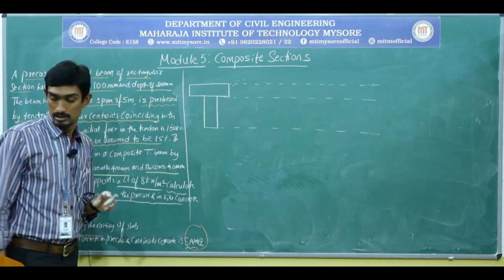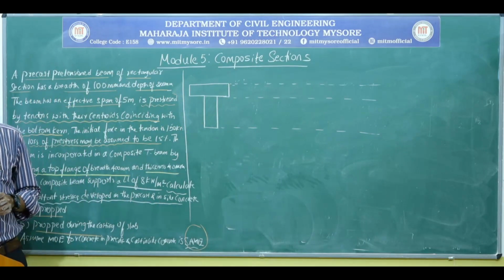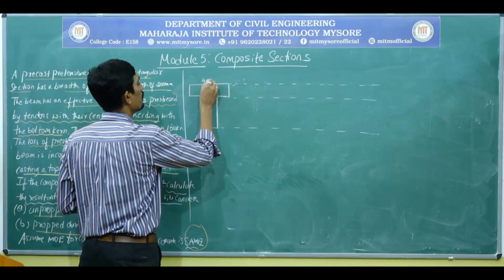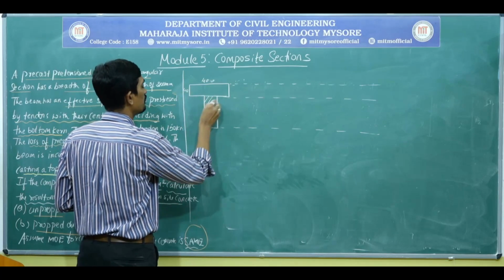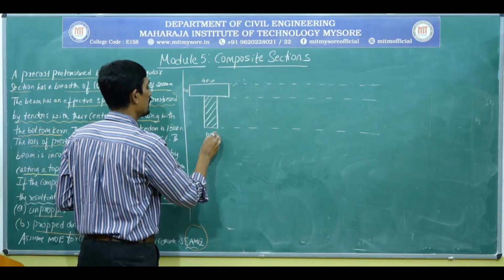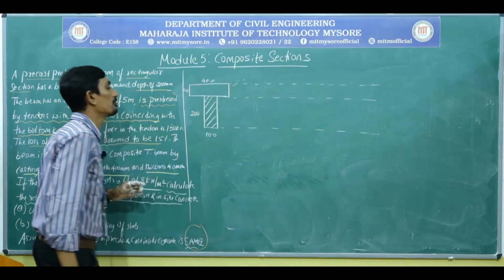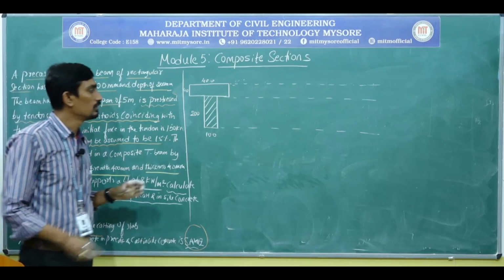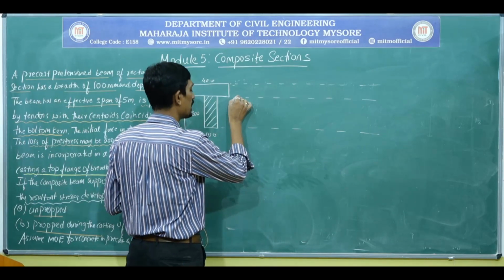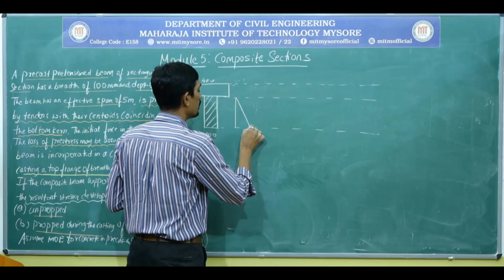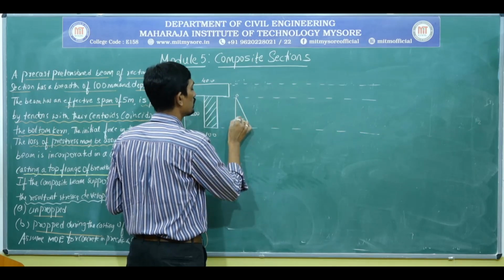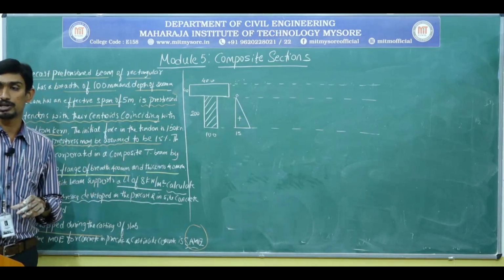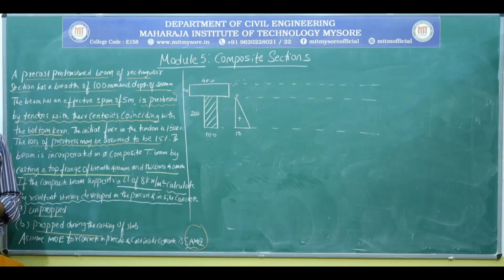So now please check. As I stated, let me write this down also: 440, and this will be our precast 100, and this is 200. Now, the first thing is the initial pre-stress, which will be due to the precast: 0 at the top and 15 at the bottom. This is the initial pre-stress which has already been calculated as 2P by A.